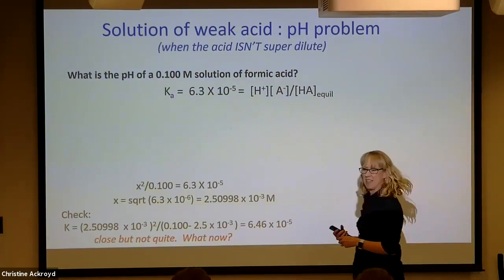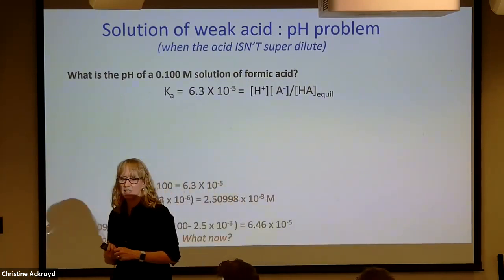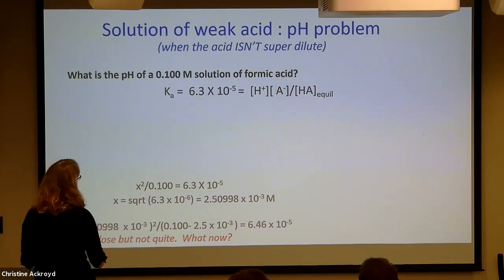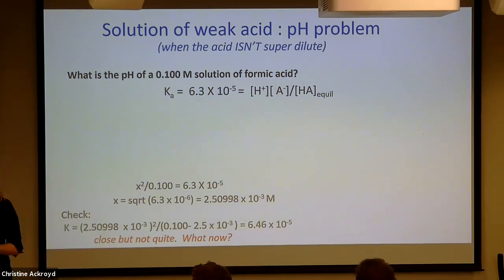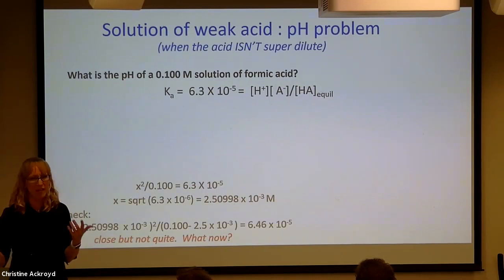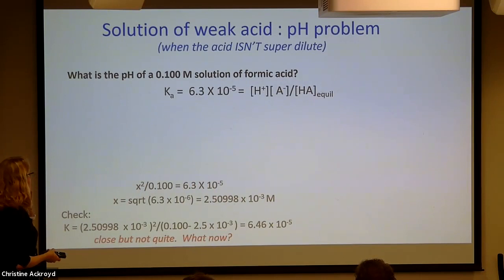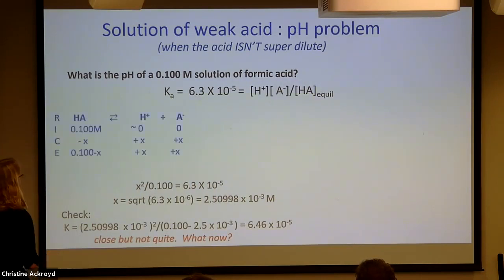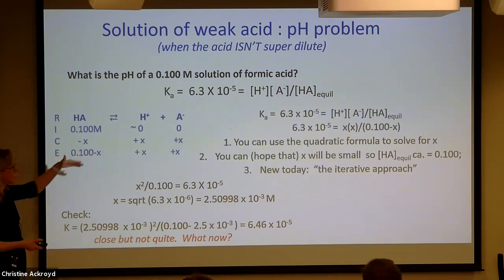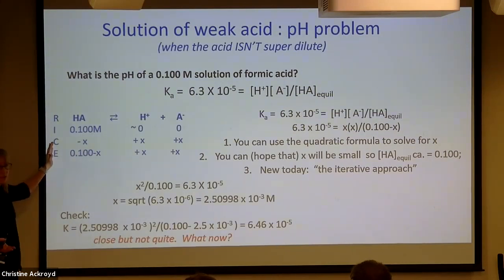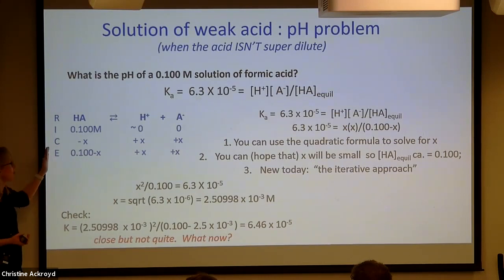All right. What if we have a different acid? This is formic acid. You look up the Ka value on the table. The Ka is 6.3 times 10 to the minus 5. This is a reasonably strong weak acid, but still it's a weak acid. Set up a RICE table. I could have done it with hydronium. It's expressed in the Arrhenius model. Exactly what you have learned how to do before.